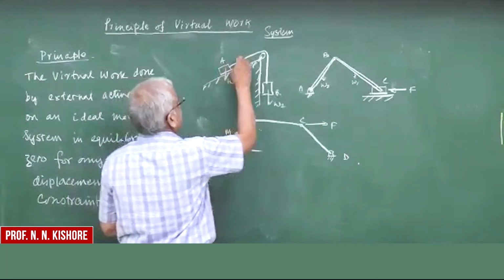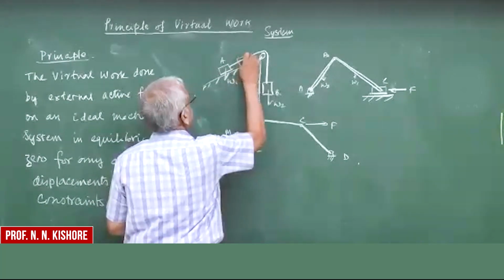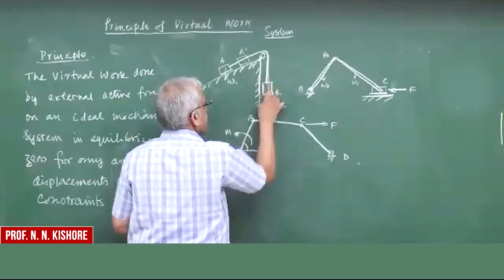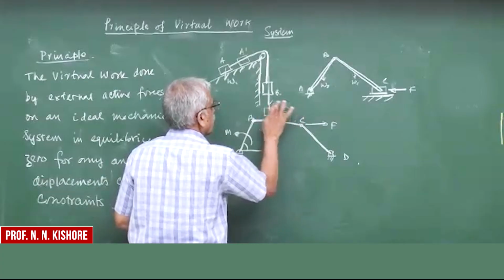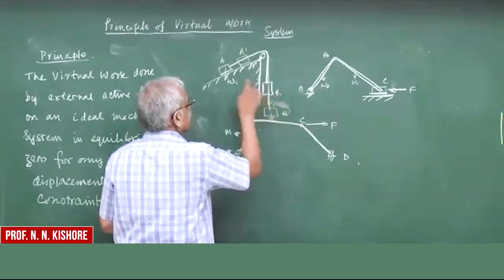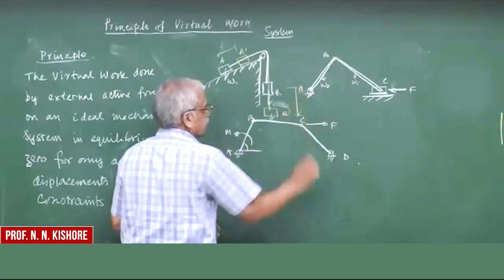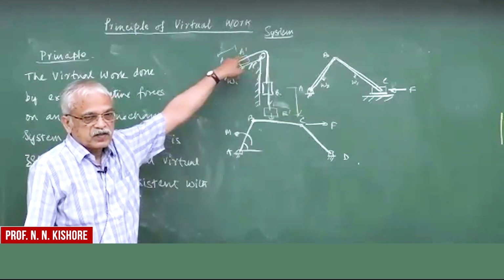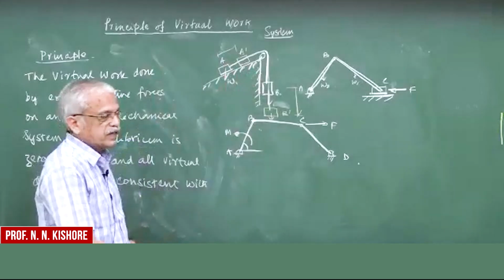That means that you can make this body go here, the prime, and this moves by a certain distance here, and this moves by a certain distance here. And so for this arbitrary displacement, we know according to this principle, the work done by the whole